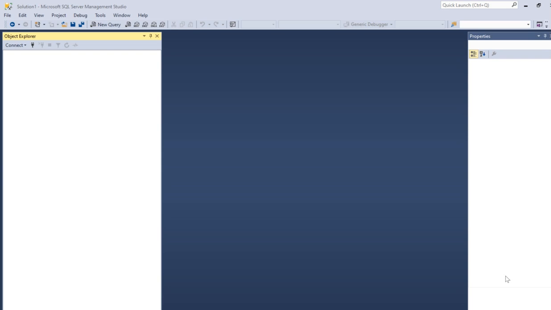The second option is we can manually create the table schema one by one, and the third one, by adding multiple tables and multiple schemas, we can select them and create the script in a single go. Okay, so we will be talking about the last one, how to create multiple scripts at a single time.